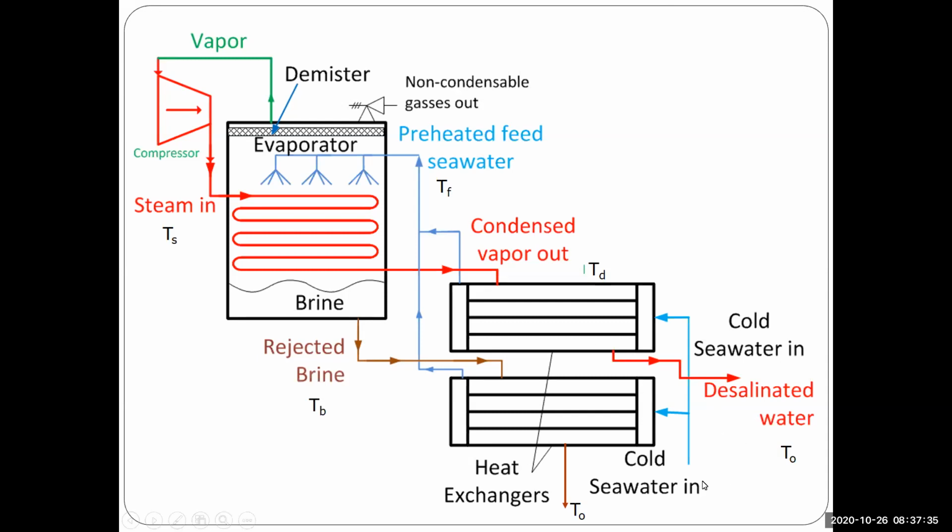So we have seawater that is distributed, part of it will enter the brine heat exchanger. The rest will get into the distillate heat exchanger, where both streams are going to be heated to the feed temperature, and then they are recombined again before they are admitted to the evaporator to be sprayed